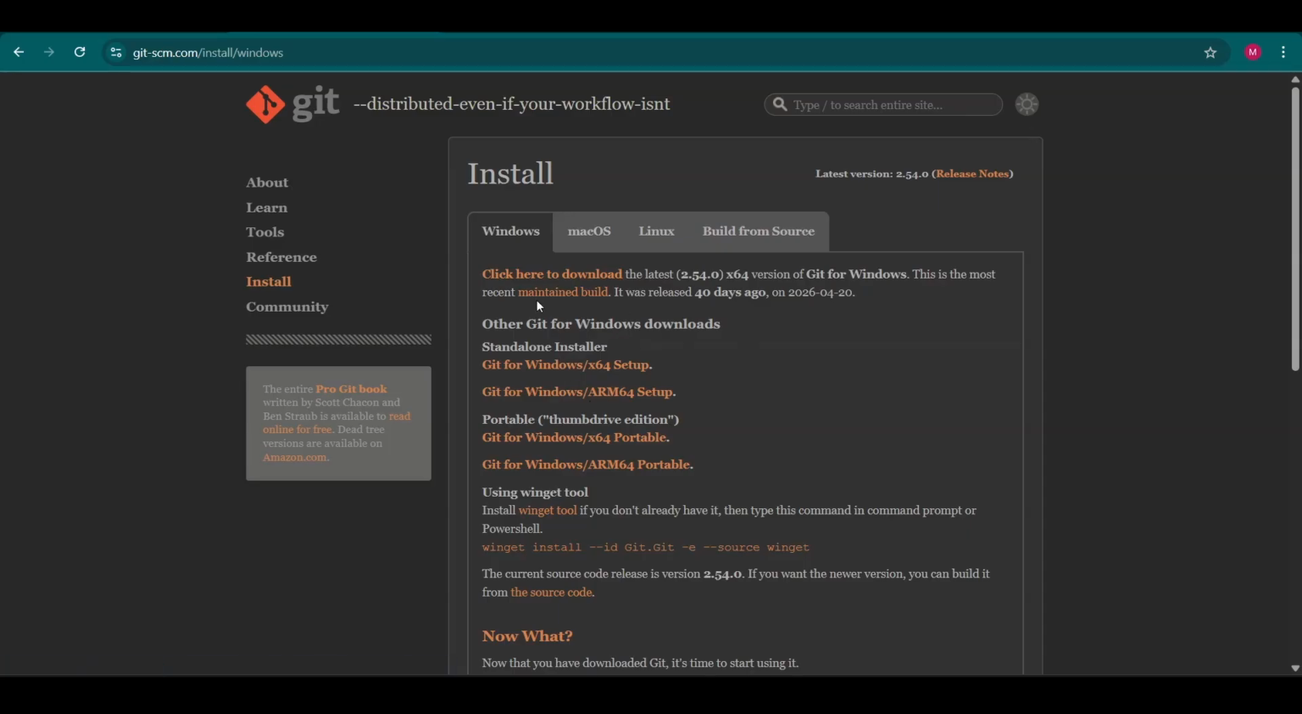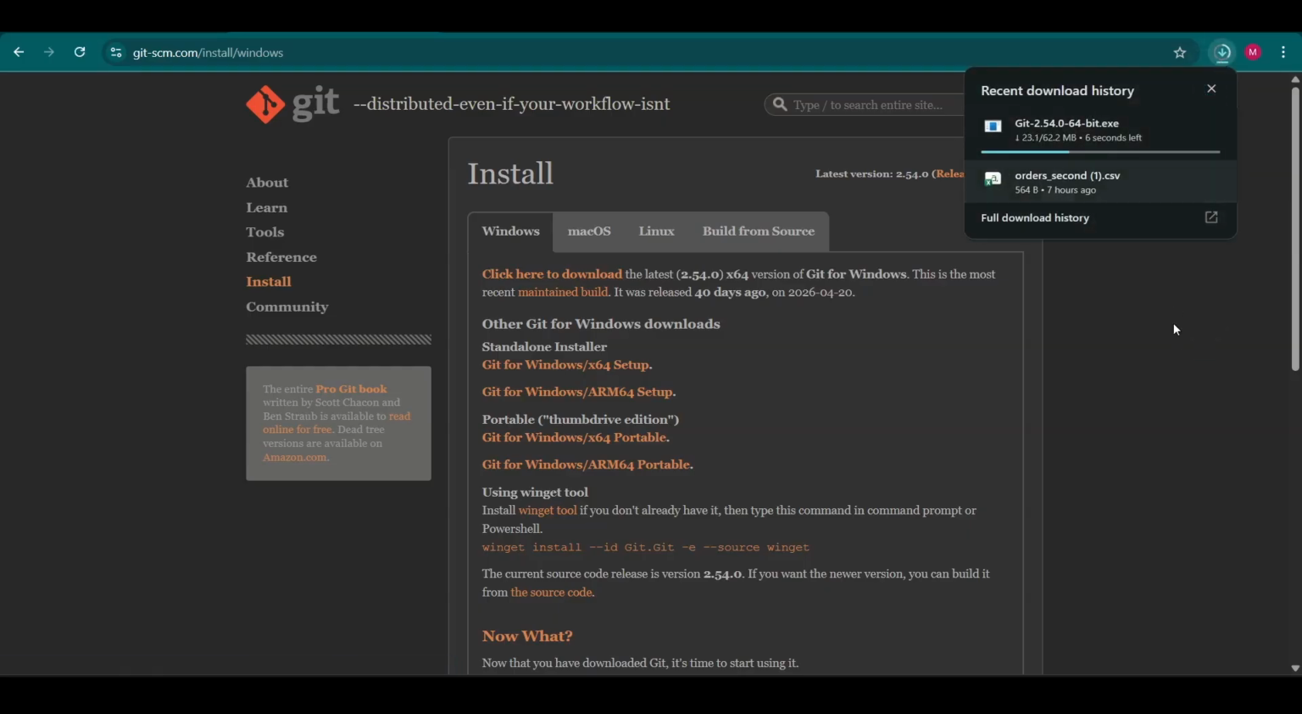Git is already in my system. It is a very simple thing to do. One setup file will be downloaded to your system, and from that setup file you just need to install the things. Apart from that, nothing else is needed. This is the exe file. Once this is done, what you need to do